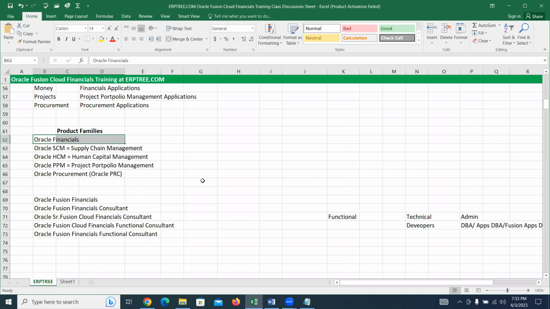irrespective of business, every company, every organization deals with the money related activities. Definitely they have to use financials. The entire, all the product families, very, very powerful product families, financials, because finance is a backbone for any company. Okay, rest of activities totally depends on their business, but they have to ensure everything they are tracking and they are able to produce the report related to finance. So this is what we have to learn. We are going to just learn about Oracle financials.